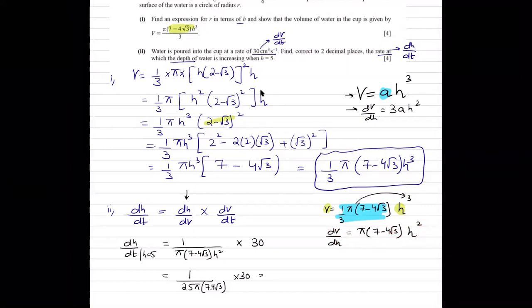But why not 3? Why did you write it as 1 upon 3? The volume expression was coming out to be 1 upon 3 pi h cube times 7 minus 4 root 3, right? We had 1 upon 3 right over here. So when we multiply this number with 3, 1 upon 3 times 3 is just going to be 1. Make sense? Yes, sir. And then over here in the chain rule, if I want dh over dv, I'm going to reciprocate it and then plug in h as 5. So I want you to use your calculator and simplify this. They want the answer in 2 decimal places.